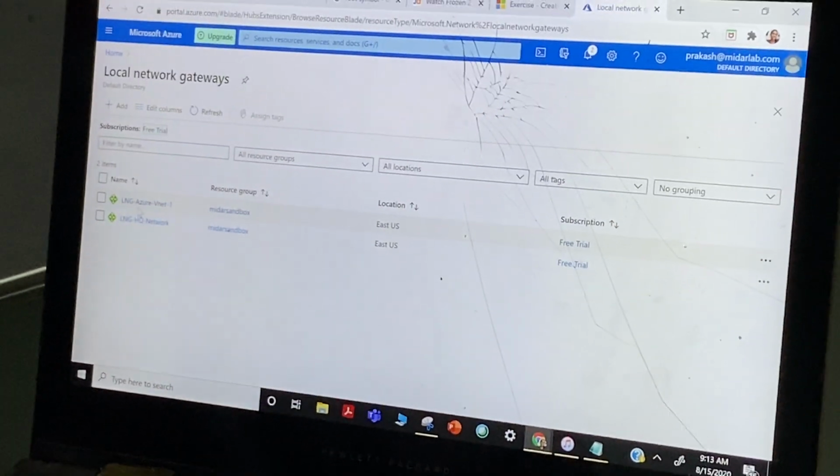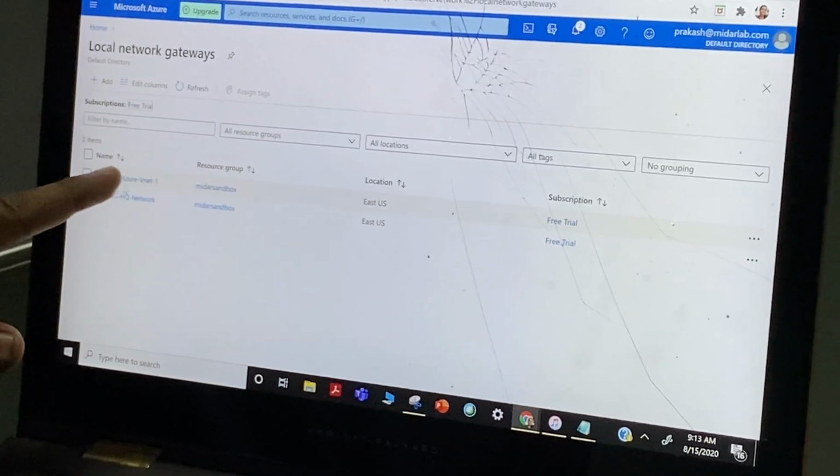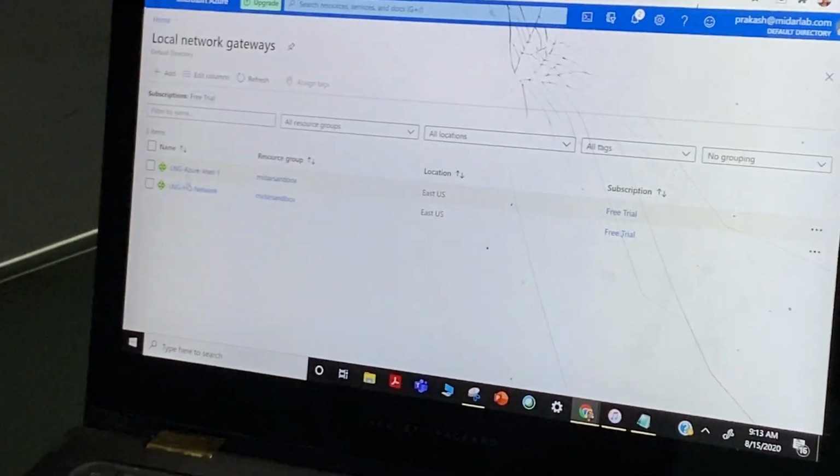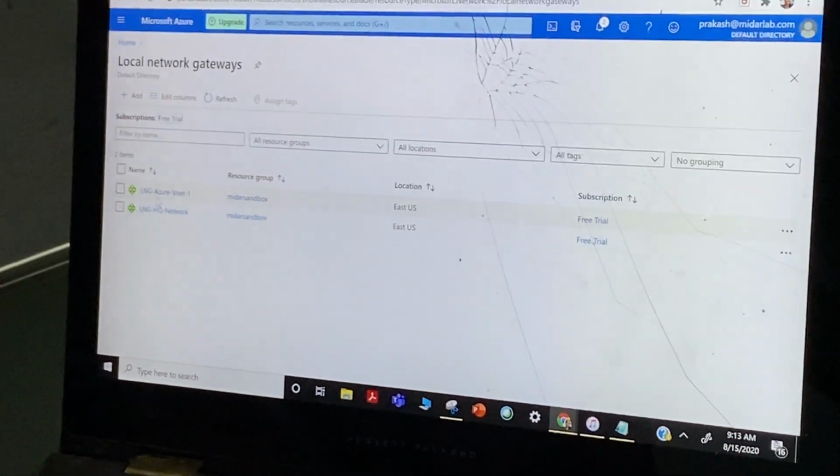If you look at this, this is Azure local. This one I have created, and this is the on-premises one I have created.